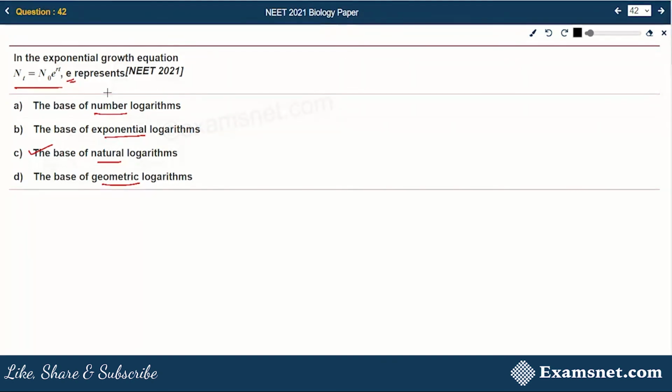Okay, so we know that for the growth of any population, the availability of resources is important, right? Now suppose the amount of resource in any habitat is unlimited. Then what will happen in this case? Each species will have the full potential to grow in number. That means they will grow very fast, or we can say they will grow exponentially. So this type of growth is known as exponential growth, right?